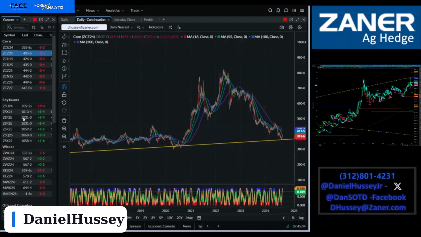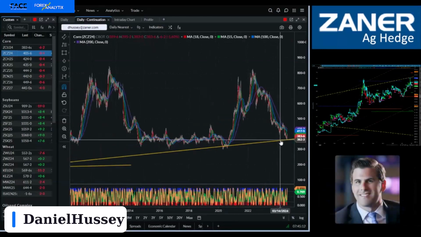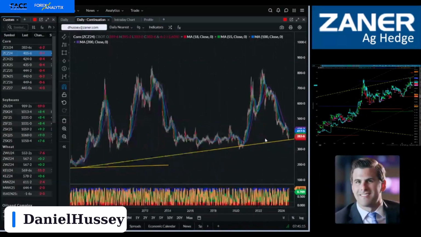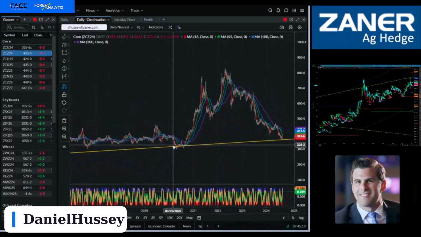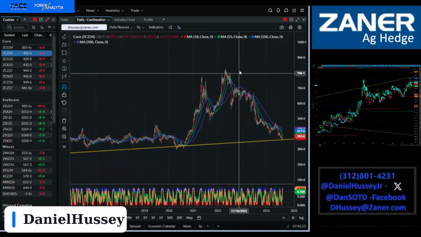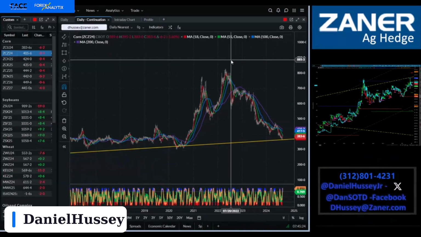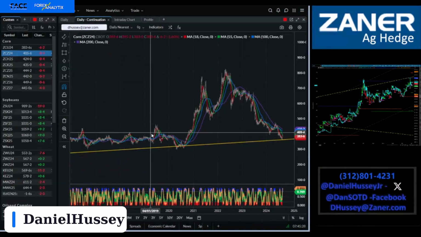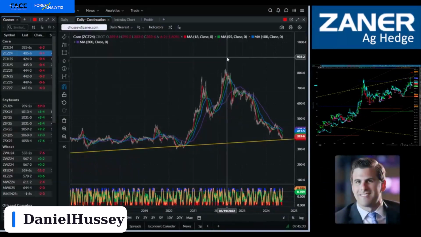making maybe these low prices for grain very attractive. Hey, we were at $8 corn just 2 years ago, and we're at under half that right now. And when you look at the long-term upward sloping trend lines, you start to realize this market really did have a period of not only hot, dry weather that caused a supply crunch in grain markets, but we also had an international inflationary move.